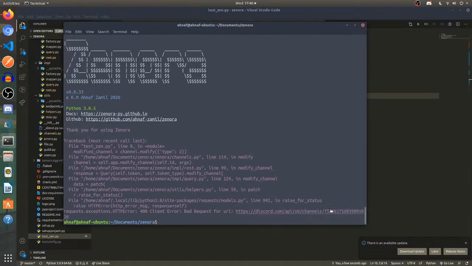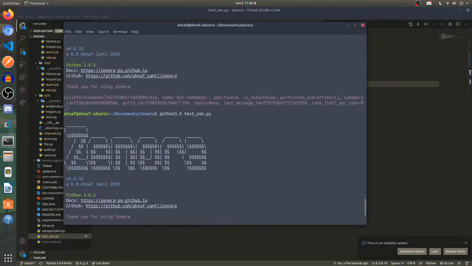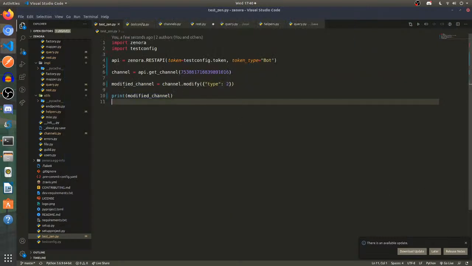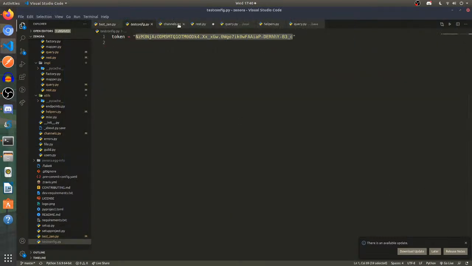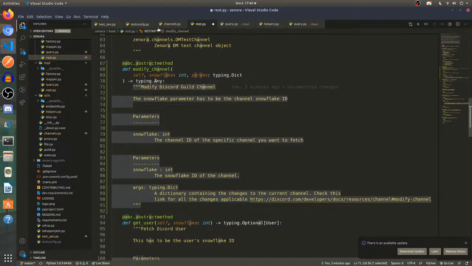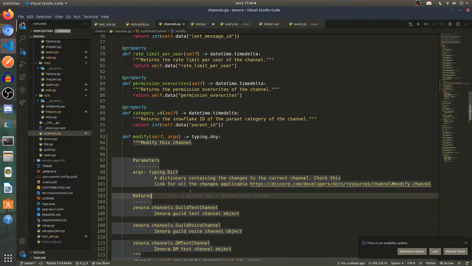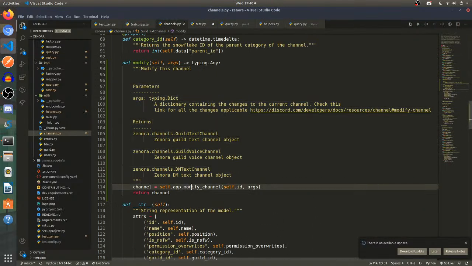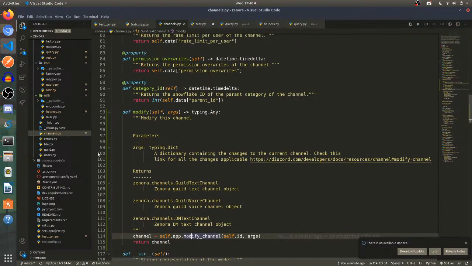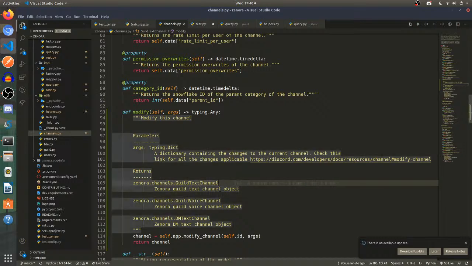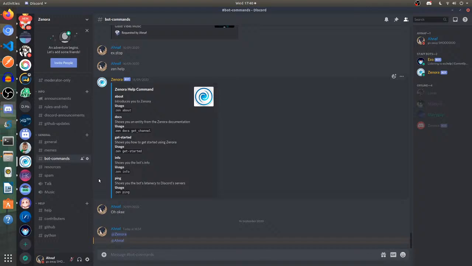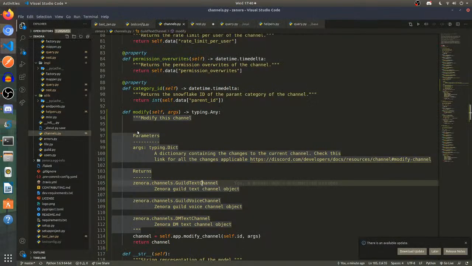Oh, my bad. Yeah, because requests is really pissed off because I use this channel quite a long time, but it's a proof that the thing is actually working. The channel object can use the self.app to actually modify itself, and it may return any of these objects, because if you change the type, then it's going to be a voice channel, and in that case it's going to return you the voice channel.